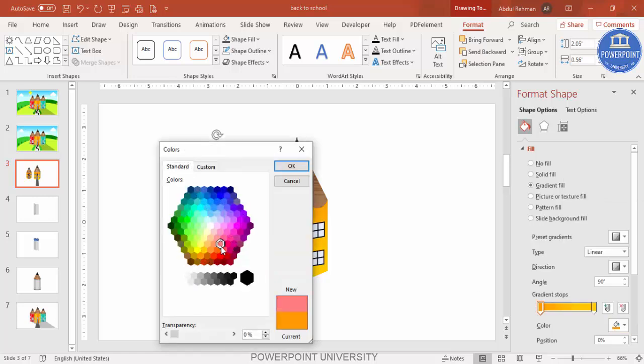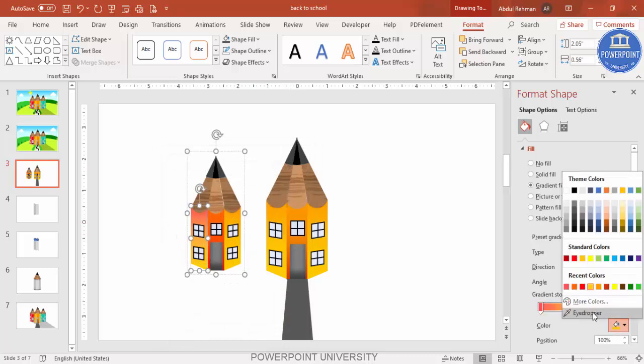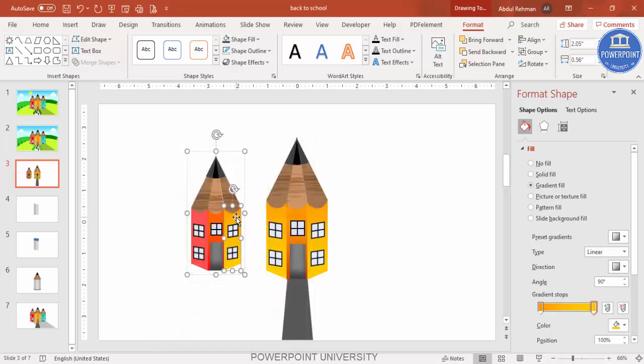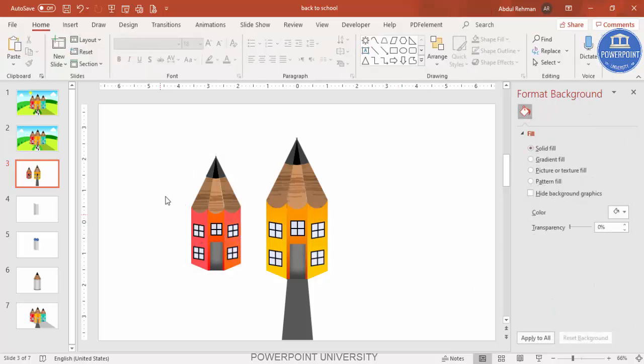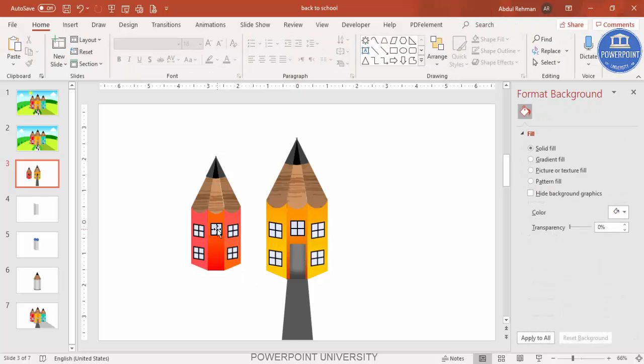Again, let me just use some lighter colors. Okay, and here also you can use somewhat lighter color. So like this you can just change it. You can see here, and then I don't want the door here. The only door should be for the front, and